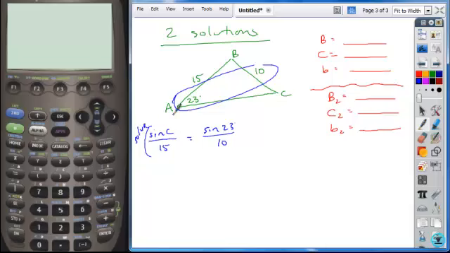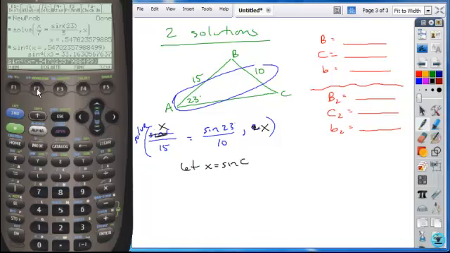All right, now I'm going to go ahead and use my calculator to solve this. But remember, this is the case where your calculator cannot solve for a variable embedded within a trig ratio. So what we want to do is let x, in this case, equal the whole ratio, the sine of C. So I'm going to put an x here, and I'm going to solve for x. Okay, so that's my substitution, but this is what I'm solving for. So when I enter this, I'm going to use my F2 algebra tab, solve, enter my equation, x over the sine of 23, with a decimal in there so it gives me my answer in decimal form, is equal to,